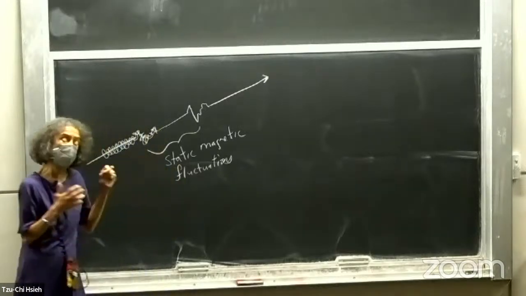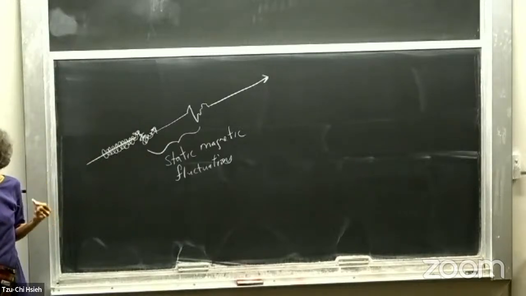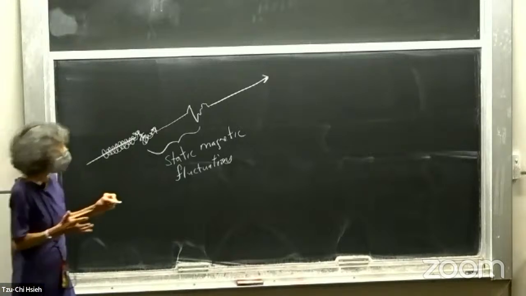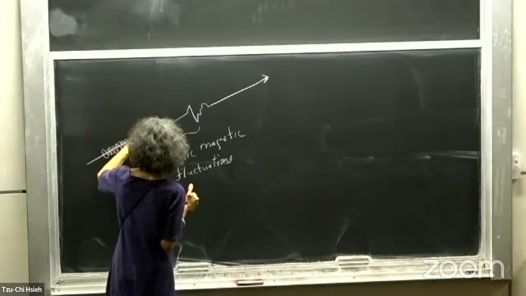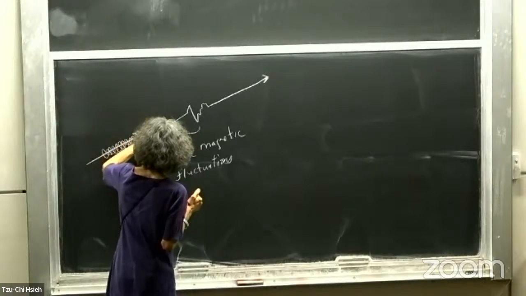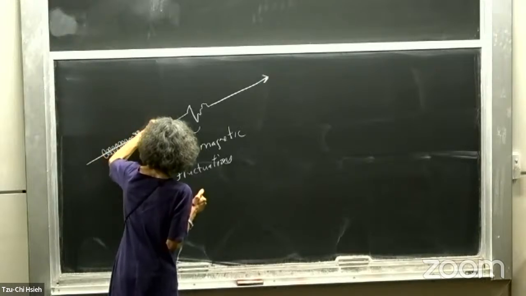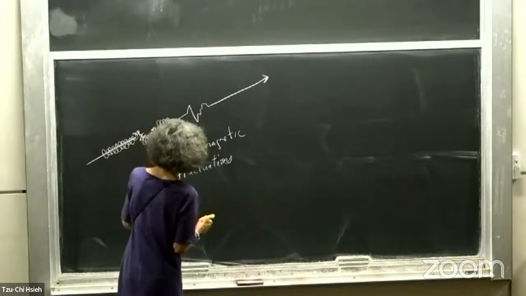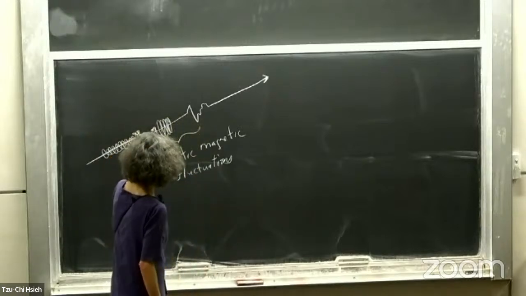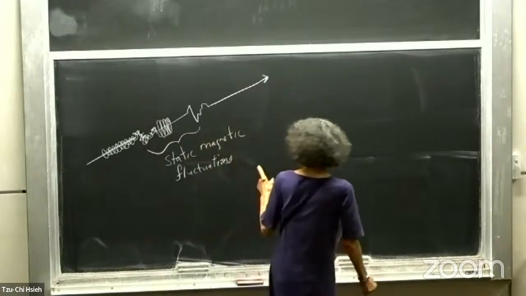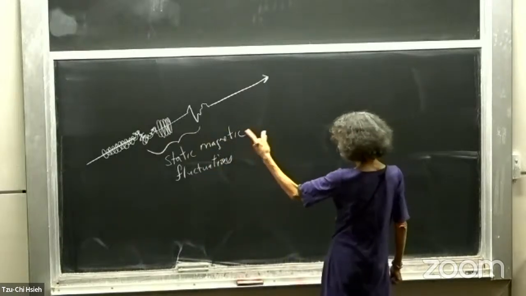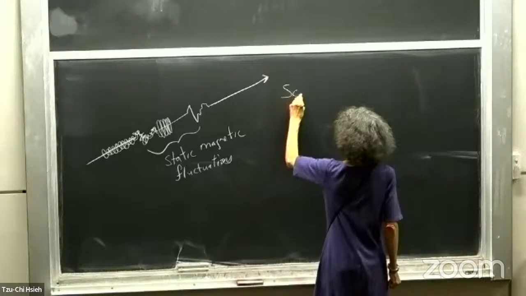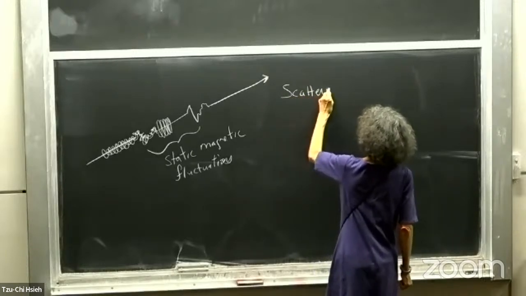Since they're static, the magnitude of the particle momentum won't change, but the relative amounts of parallel and perpendicular momentum will change. So let's say it comes out of this with a slightly bigger gyroradius and a slightly smaller parallel velocity. And so we're going to describe this as a scattering process